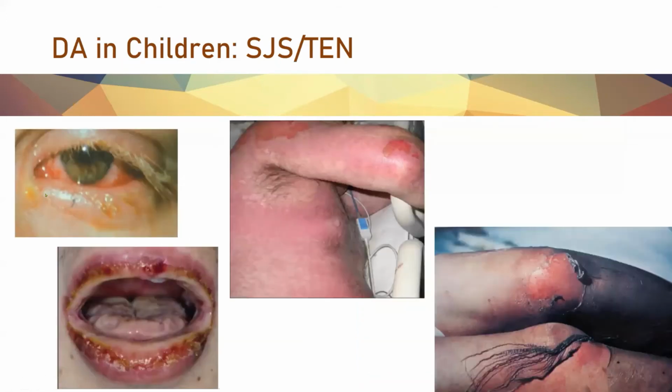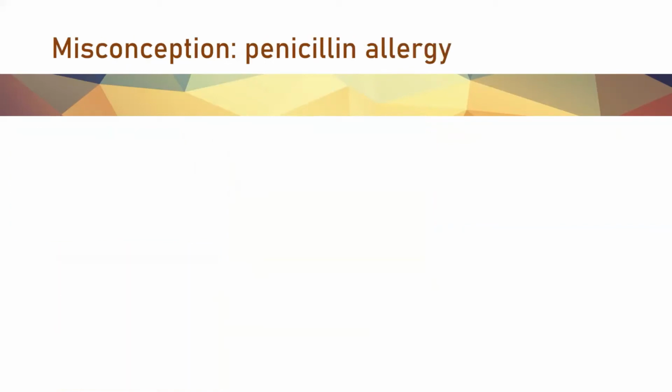So, as we see, mucosal involvement can be prominent and can have, in those who recover, a very long prognosis. So ocular complications can persist for months and years after the reaction. So you see the involvement of the conjunctiva and of the lips and the oral mucosa. And these patients can have detachment of large parts of the skin. So they are basically cared for in the intensive care unit or in a burn unit. So the supportive care is very important.